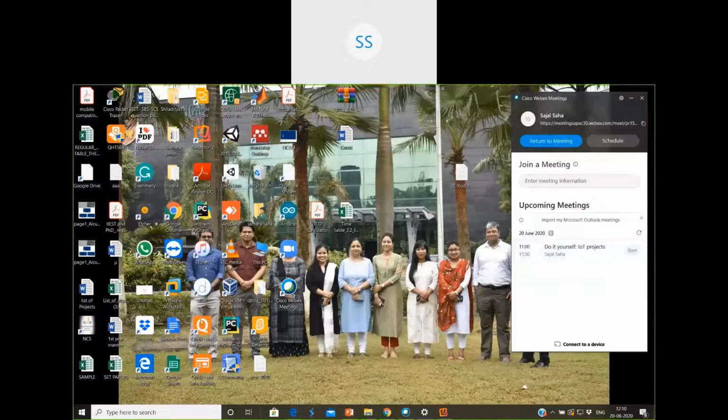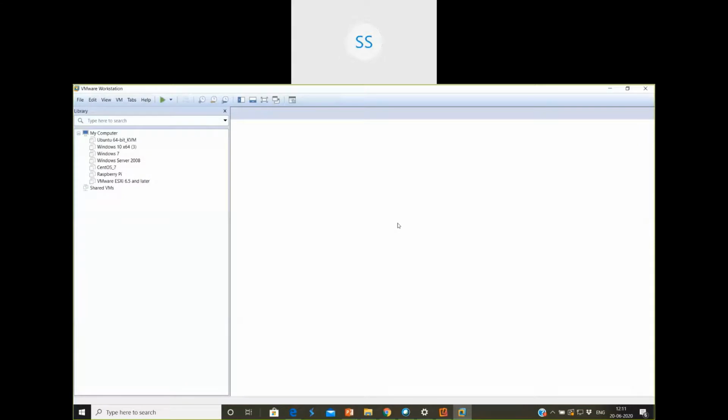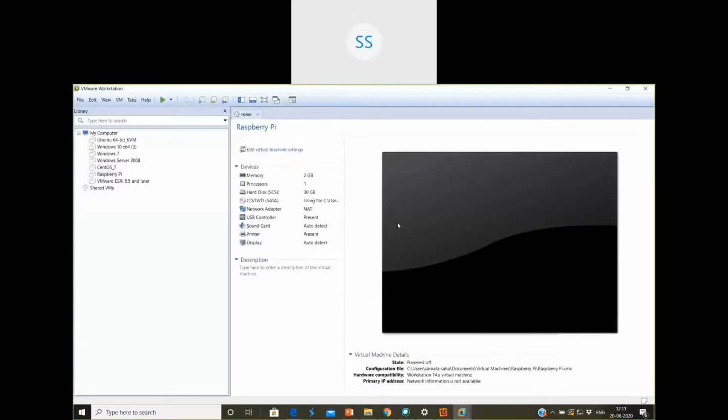I have virtualized the Raspbian platform also. So I'm opening my Raspbian platform over there. Just look at it. I have the VMware Workstation where multiple operating systems are present. Whenever I require, if I don't want to install any Raspbian operating system within my Raspberry Pi, in that case what I can do is open it from the available operating systems and connect it